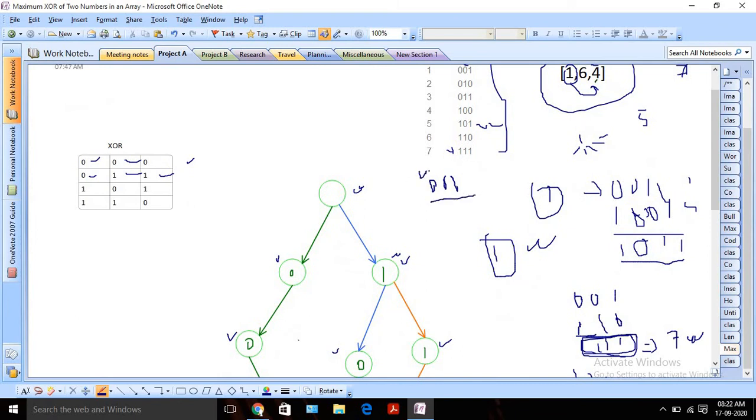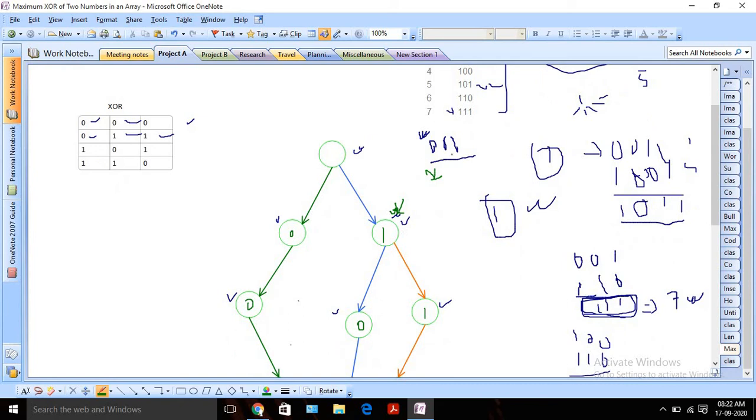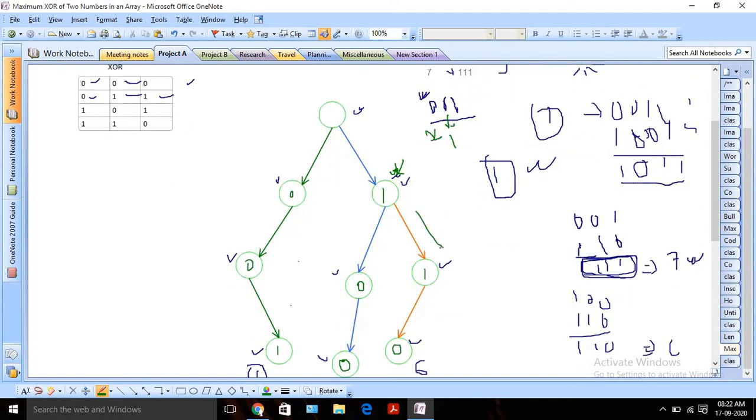Initially my first bit is 0, right? So I will try to find out if there is any bit starting with 1. Okay, I can see, yes, there is a 1, right? So my cursor will come here. After that we will try to find my second digit. For the second digit we need to find the opposite bit 1, right? I can see, yes, it is there. So probably we can take one local variable called answer, and we are going to keep inserting a digit for each and every digit. So initially I found the opposite digit 1, then I will insert 1. Again for the second digit also I found the opposite digit, so I will insert 1.